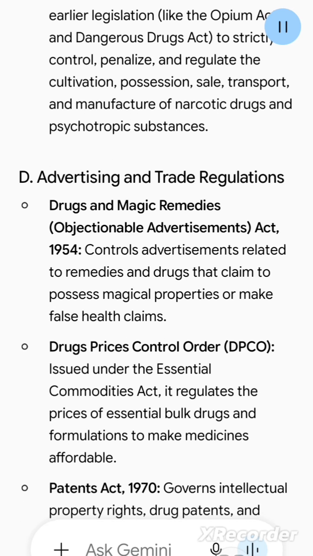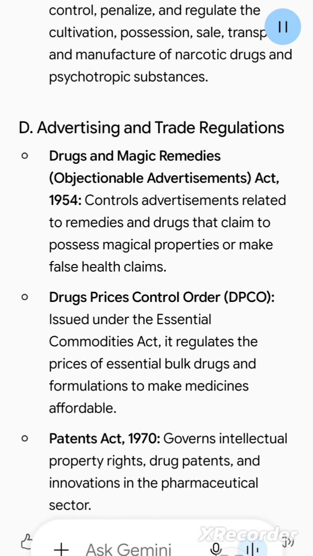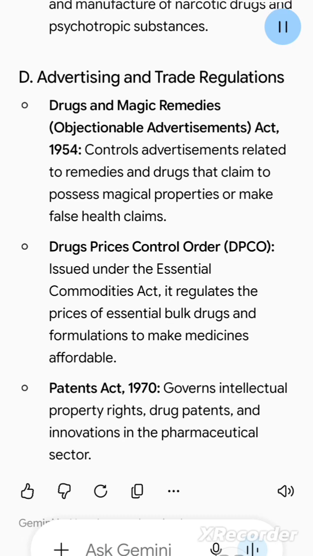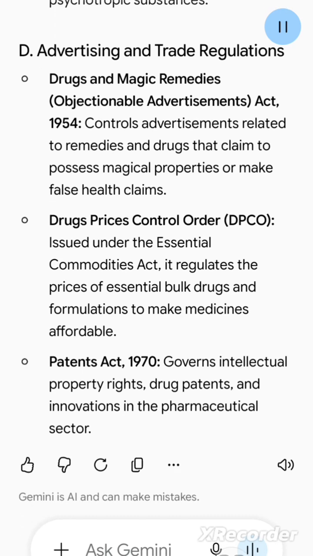D. Advertising and Trade Regulations. Drugs and Magic Remedies, Objectionable Advertisements Act 1954 controls advertisements related to remedies and drugs that claim to possess magical properties or make false health claims. Drugs Prices Control Order, DPCO, issued under the Essential Commodities Act, regulates the prices of essential bulk drugs and formulations to make medicines affordable. Patents Act 1970 governs intellectual property